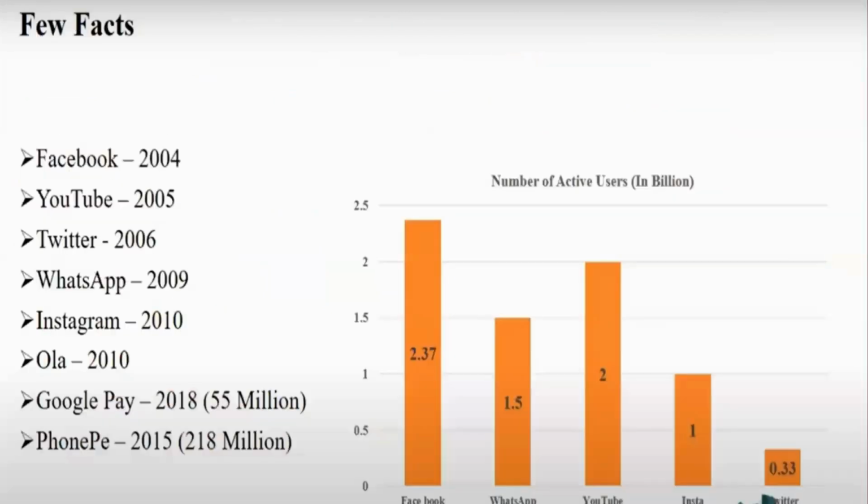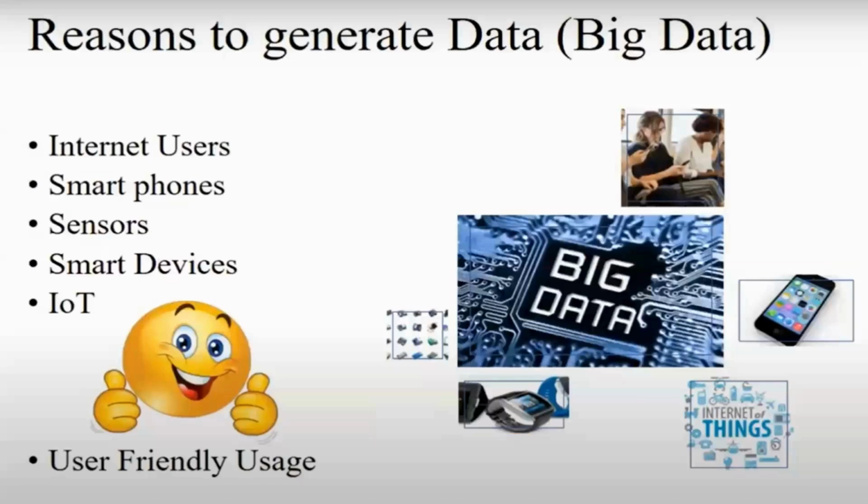As we discussed, most of the data is generated by these applications, and you can imagine how the data is moving from terabytes to petabytes, petabytes to zettabytes, and zettabytes to exabytes now. So you can imagine by 2025 how much data is available in the whole data world. The reasons, which we discussed already, are internet users, smartphones, sensor data coming from manufacturing plants, smart electric meters and IoT devices. Many different sources are generating this data. But as a data engineer, my responsibility is to integrate all this.